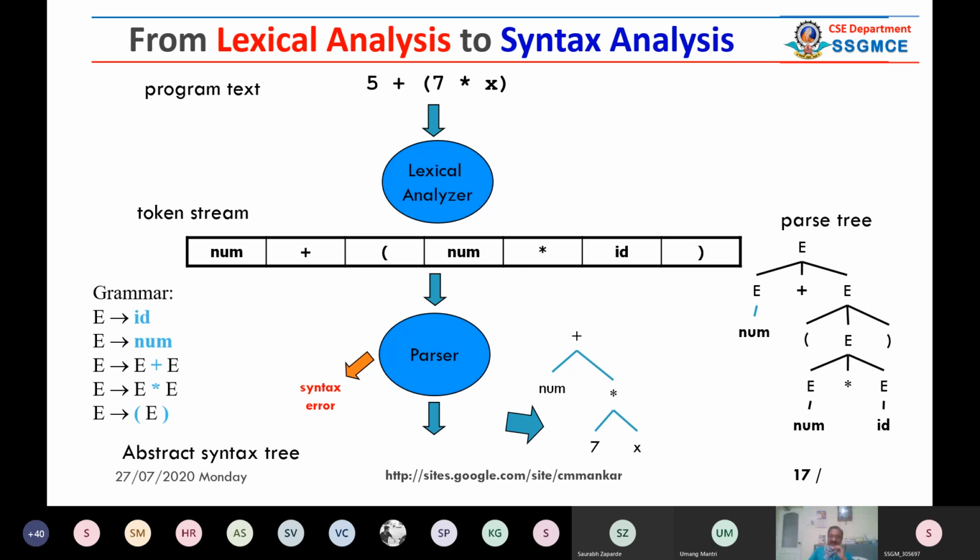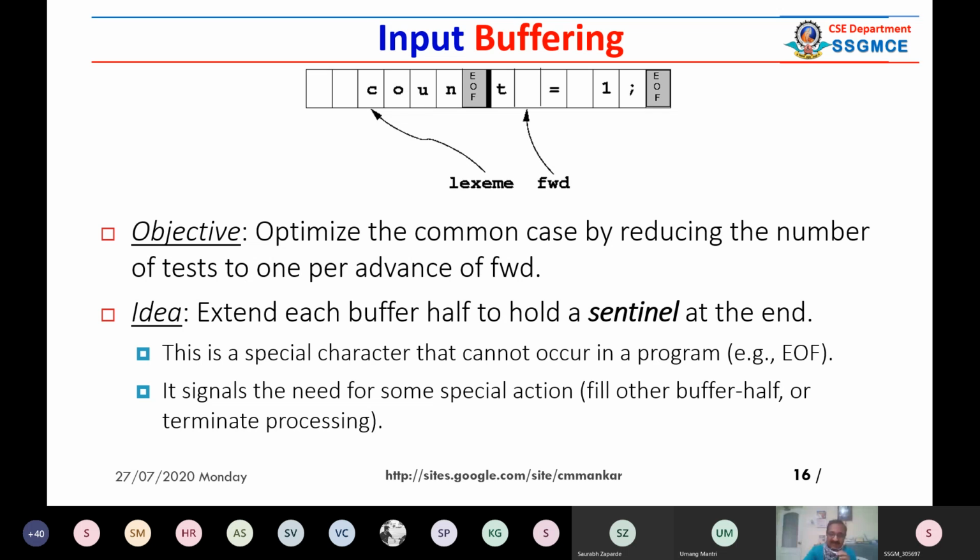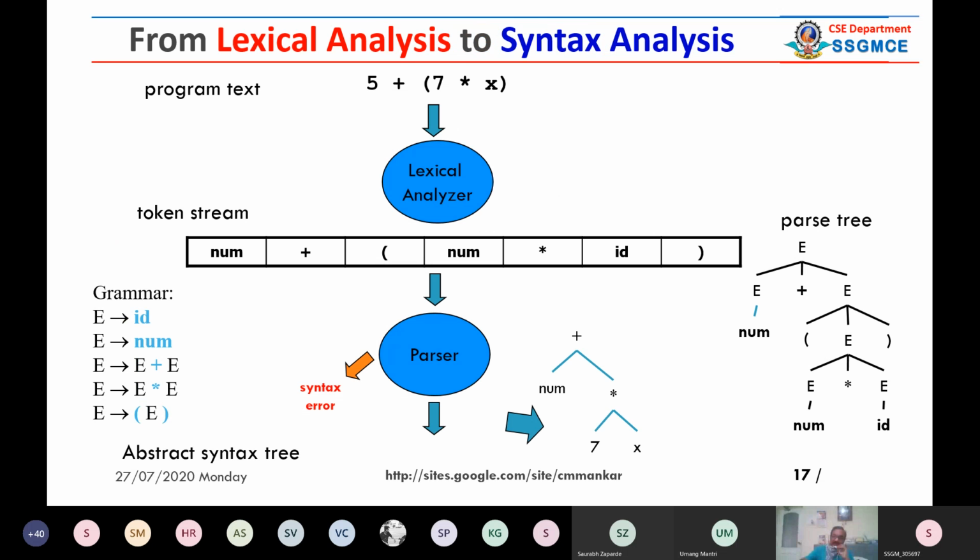Too much time we have consumed, but let us go with this second slide. I just want to tell you what lexical analysis is. We think of different functions for different phases, but actually all functions are integrated with each other. You cannot say that lexical analysis is a totally independent thing. Whatever you do in lexical analysis impacts syntax analysis.